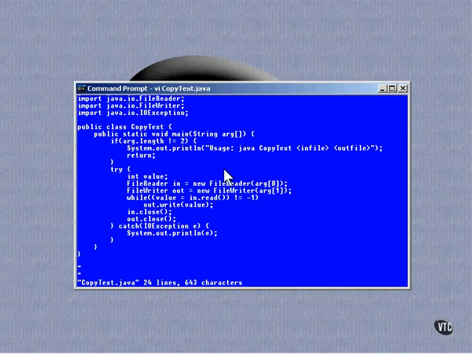This is another example of the same program, except this program is a bit more specialized. It can only copy text files, but it's not limited to ASCII. It understands Unicode and UTF. The files on disk, both in and out, are encoded as UTF, while the characters in memory in the program are 16-bit Unicode. This is the same as the previous example, except that it uses file reader and file writer